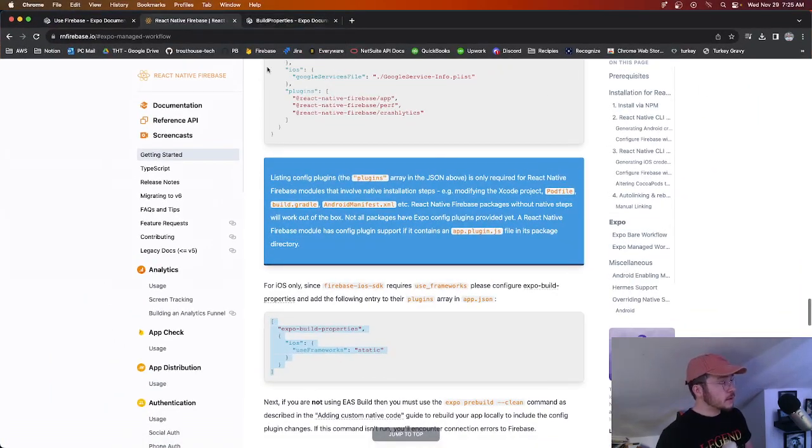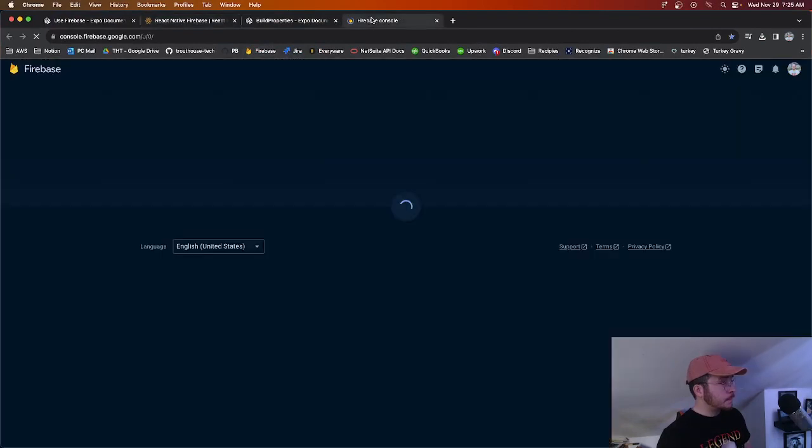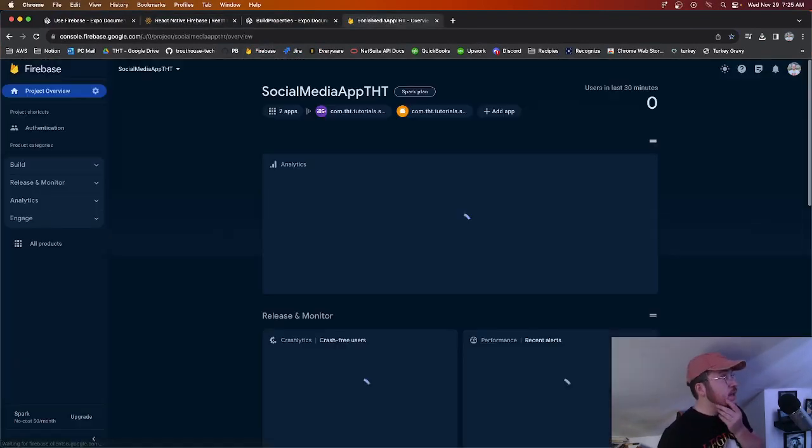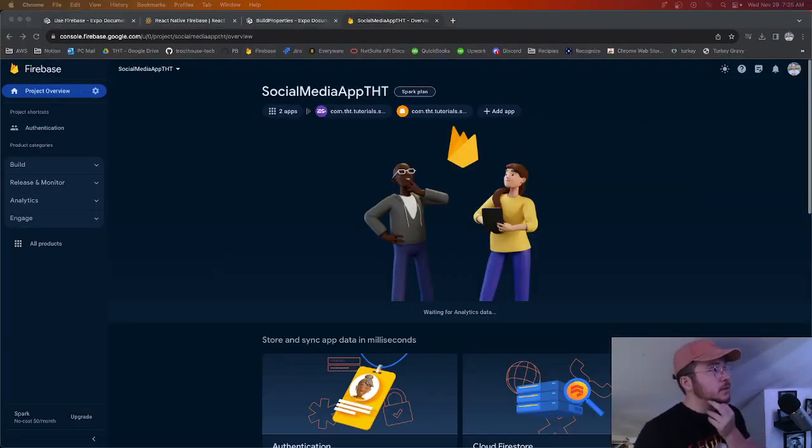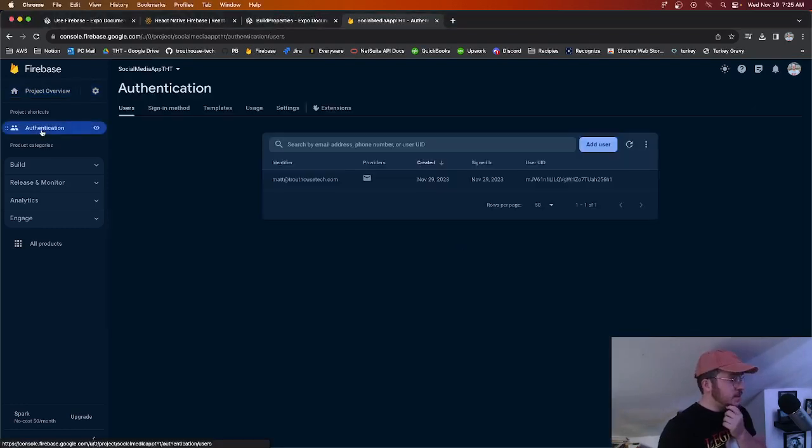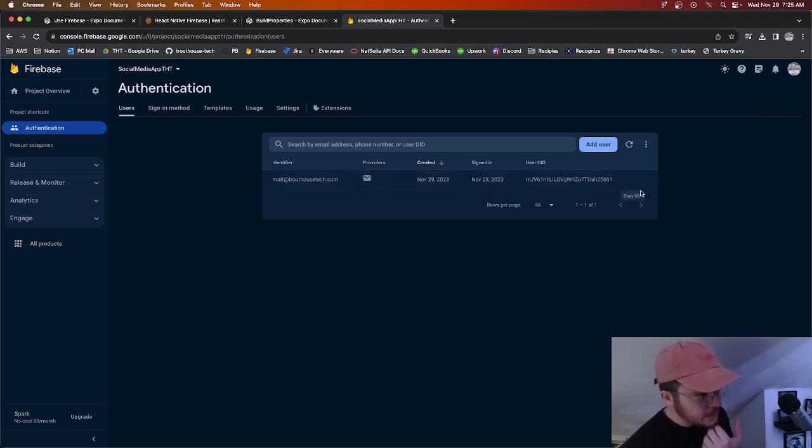Where'd that Firebase go? Social media app. I don't know. I have to check out why it's blurry. But if I go to authentication, we can see that the individual is now there. They signed up through email, right? So that's how the auth works. Now we've got to go ahead and actually create the